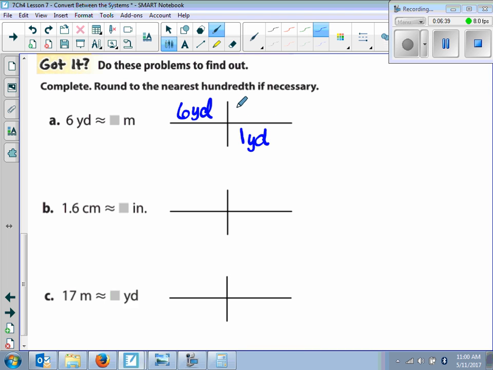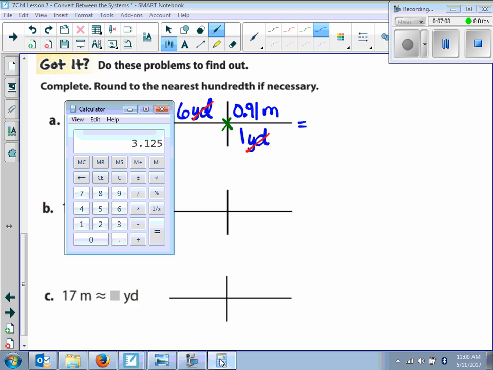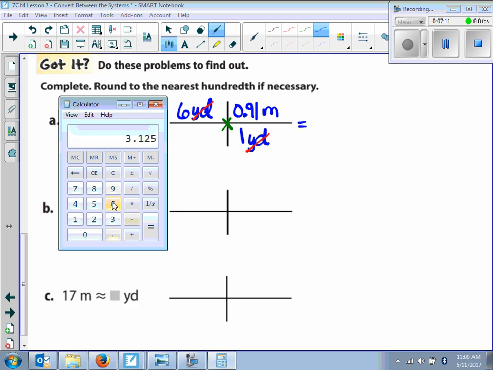And what was the decimal up here? 0.91. And that is meters, right? So now you can see that yards and yards will cancel. And now this is just 6 times 0.91 over 1. So we're just multiplying straight across. So when we multiply straight across, we get 6 times 0.91, and that gives us,